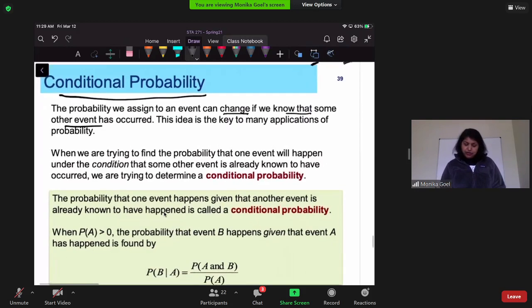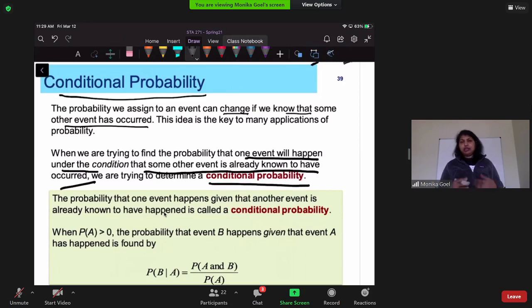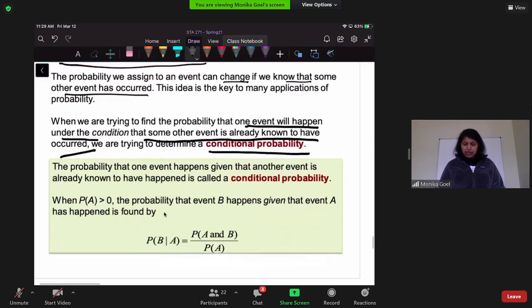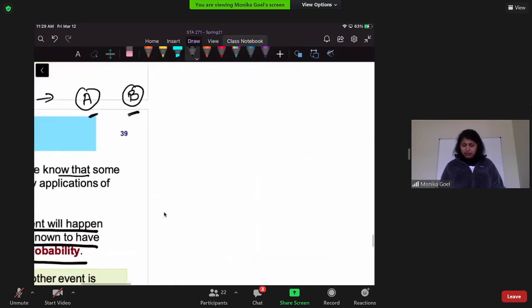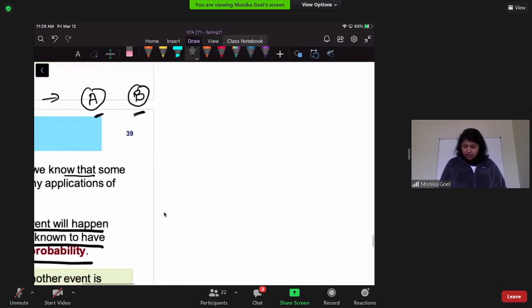When we are trying to find the probability that one event will happen under the condition that some event is already known to have occurred, we are talking about conditional probability. So looking at the probability of the second event under the first condition that is given to us. And this is the definition of conditional probability. So let me write here in the simple word. So when we talk about conditional probability,